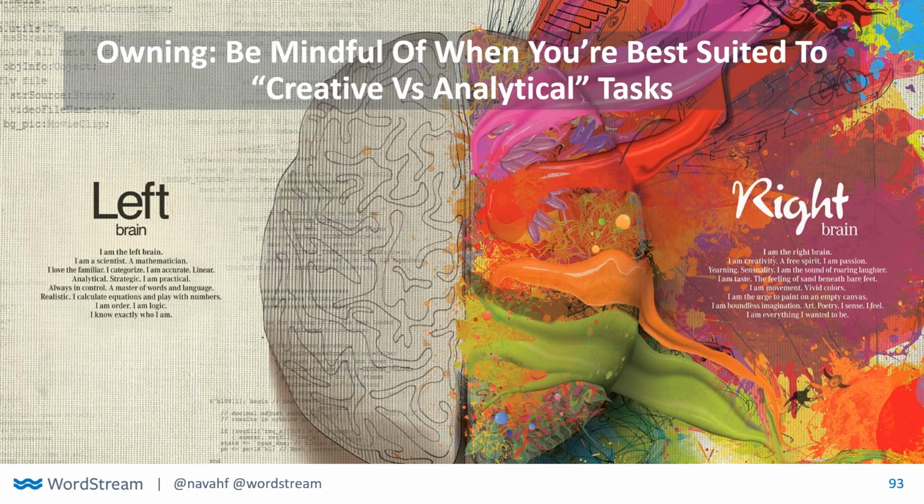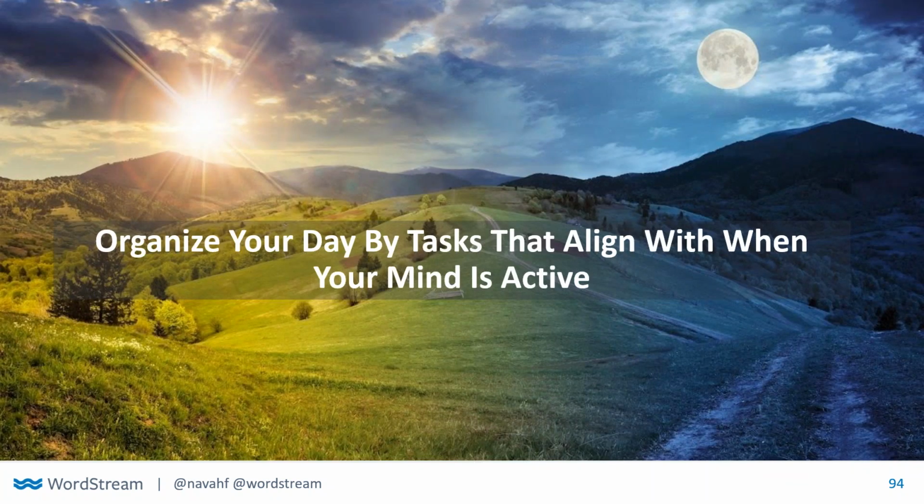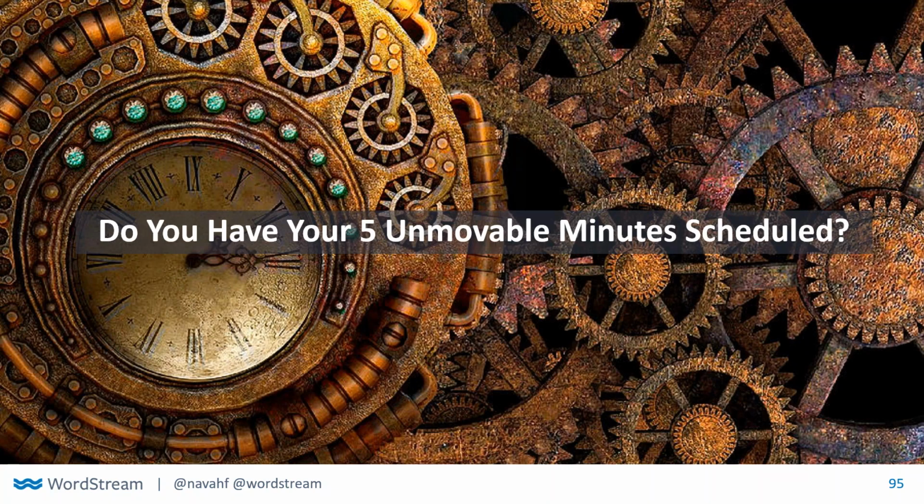So if you own, you're mindful of not just when you're creative or analytical, but also what tasks you enjoy and when you would want to delegate. For example, I am a morning person. I wake up early so that I can have from 6 until about 1 o'clock in the afternoon for creative and analytical tasks. There are other people who could not even begin to do any content work or analytic work that early. They have to work at night. So do you have 5 unmovable minutes for your creative tasks and your analytical tasks, when you are most aligned to do that? If you own, you have those 5 unmovable minutes scheduled.